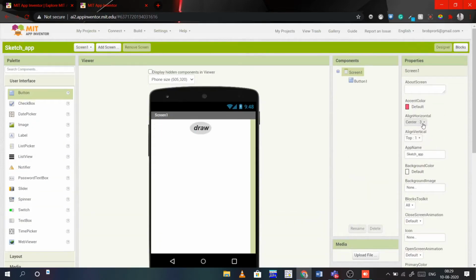If you want to change this button entirely, you have to go to the screen and then change it. Right alignment, understand it. If you want to make this button centered, press center and it will be.